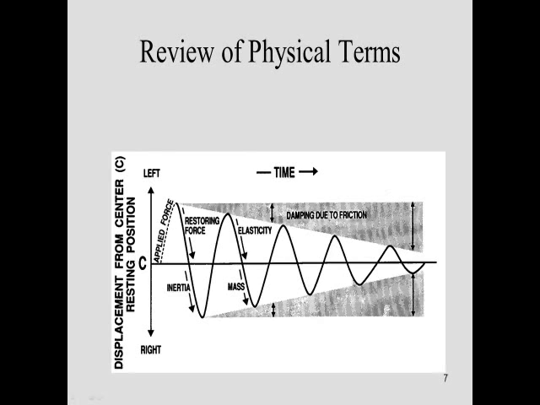Notice that the vibration's rate stays the same, the frequency stays the same, even as the amplitude drops down almost to nothing. In other words, the same amount of time passes per cycle throughout this graph, even though the amplitude is decreasing. And again, if you didn't push that kid on the swing, I think you would agree that as time goes on, the excursion of that kid through that resting position would get smaller and smaller until finally the vibration, or the swinging, would be damped out and the kid would no longer be moving.